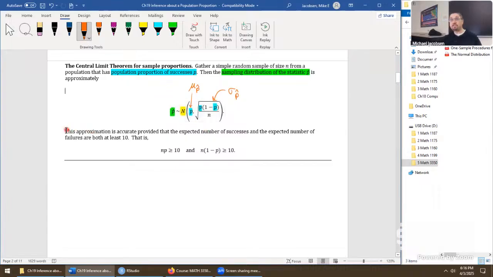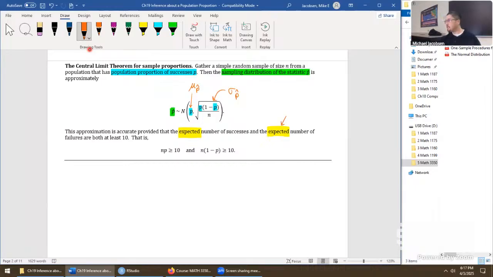We're told this approximation is accurate, provided the number of expected successes and the number of expected failures are both at least 10. And that word is really important. Let me change my color coding on here. Instead of highlighting the normal distribution, let's highlight the word expected. What do we mean by expected is probably the bigger question. It's the question I would have here. What we mean by that is